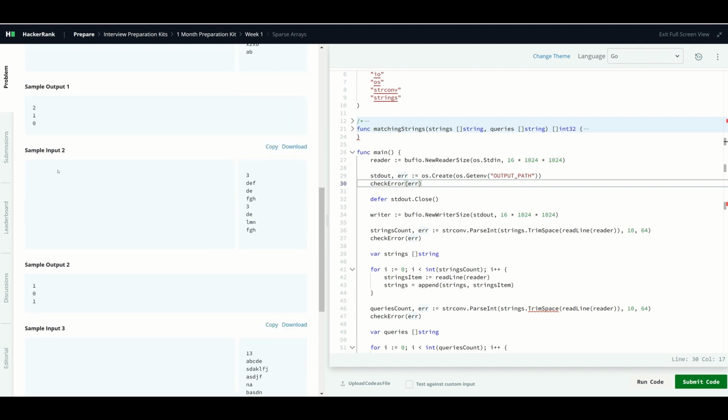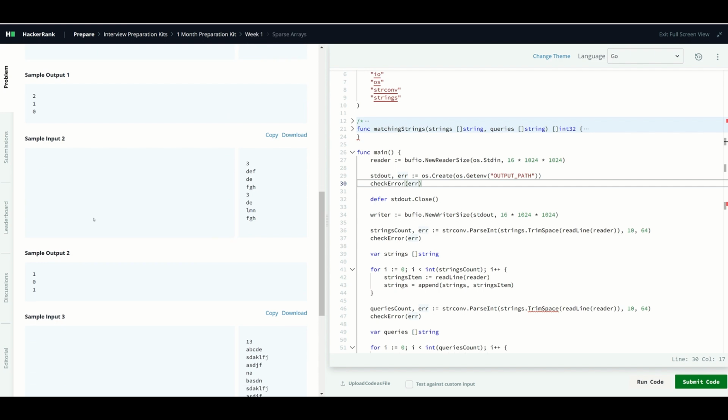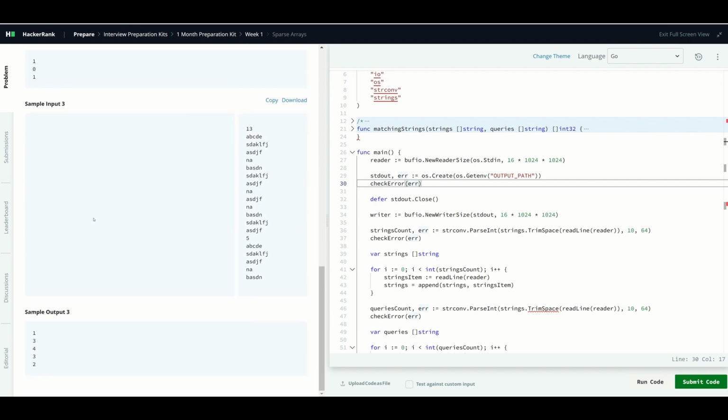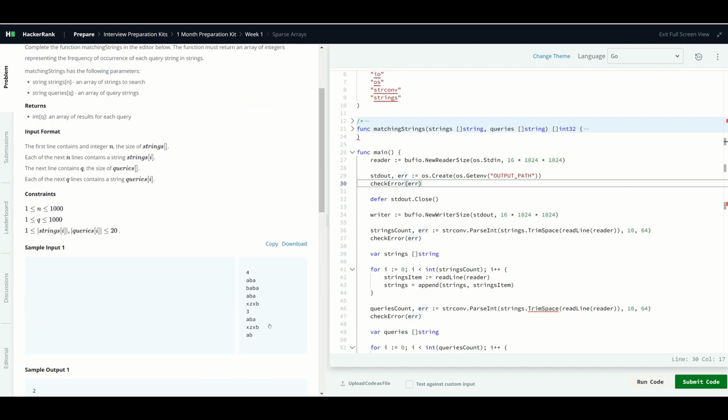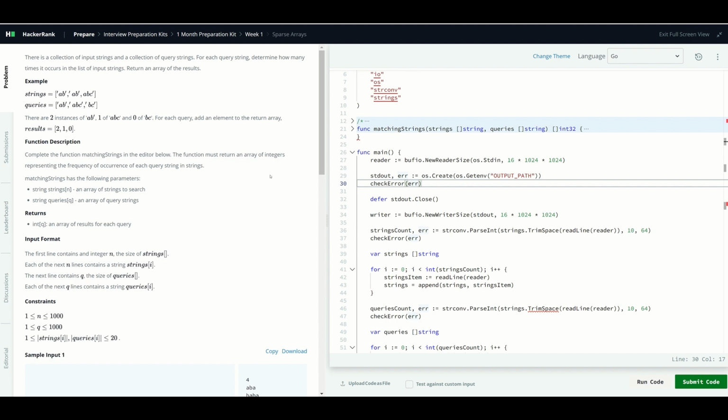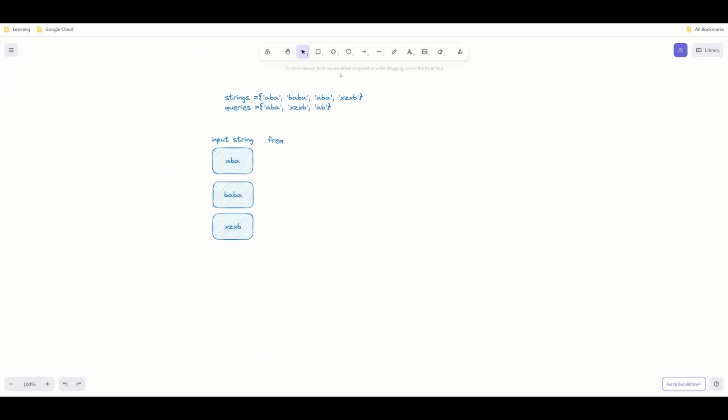Likewise, the second example is self-explanatory. There's a third example here and so forth. So let us implement it right away. To solve this problem, we are going to make use of a frequency map. It's going to be a hash map. The key of the hash map is going to be the input string, and the value is going to be